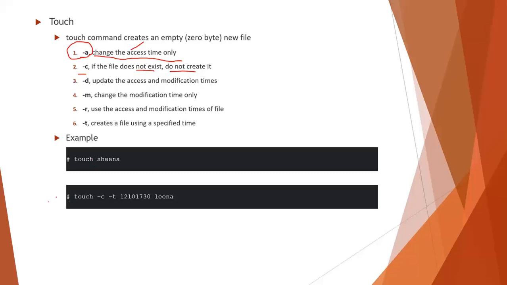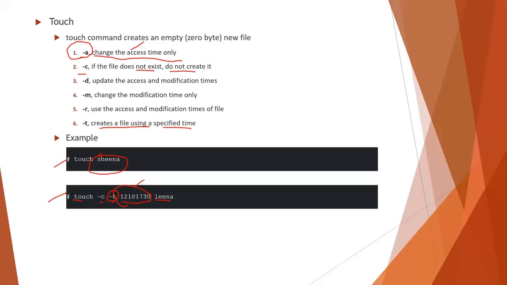If it is existing, we can create the file and we can make it empty. As you can see, we have used two examples here. This example I have shown you: touch followed by the file name will create the file. Now the second example, touch followed by -t, to create a file using a specified time. This -t represents that we are going to change the time of creation. When the file has been created, the time can be changed by specifying the time also. Here I'm specifying the file name and the time also.